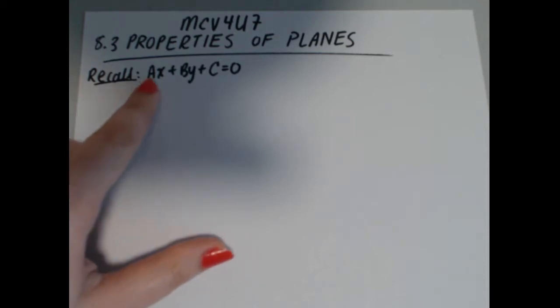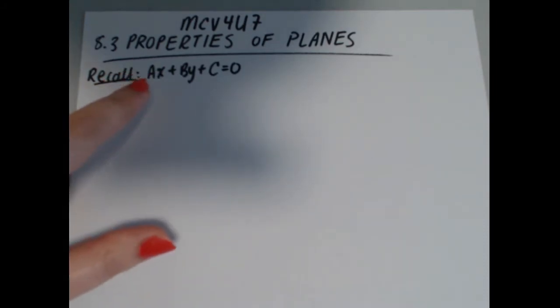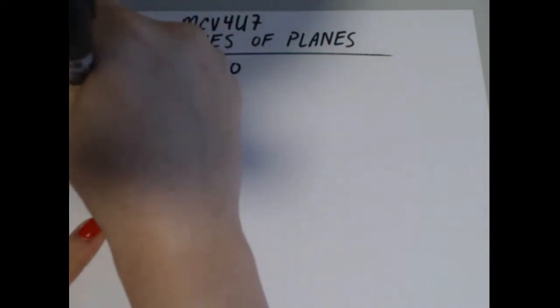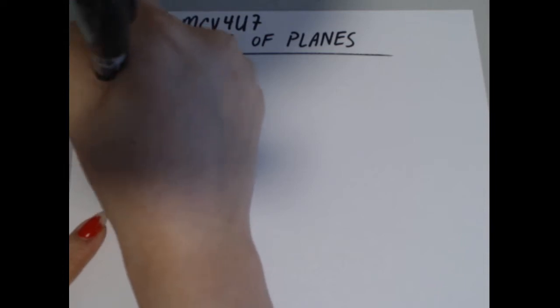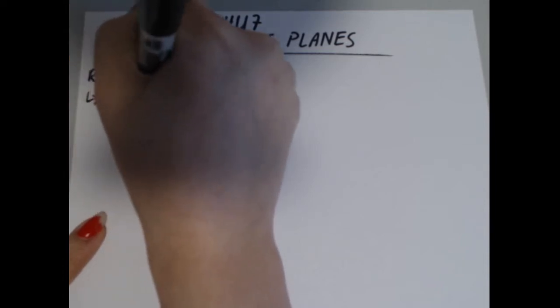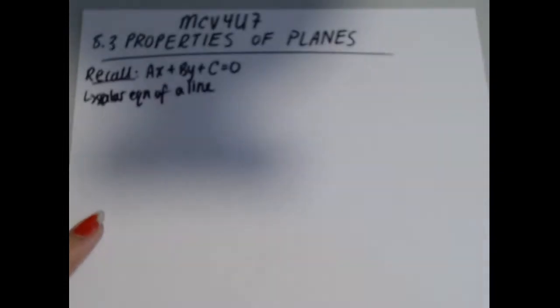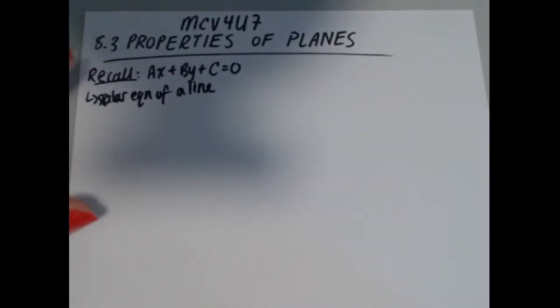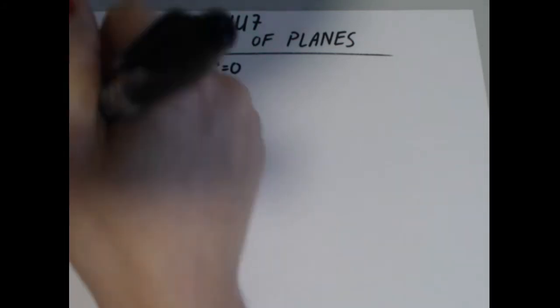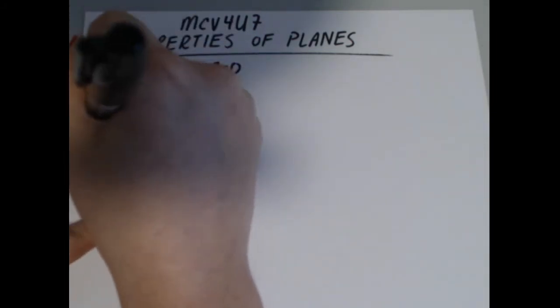So first things first, the equation ax plus by plus c is equal to 0. If we remind ourselves, this here is the scalar equation of a line. So we saw that. We also saw the vector equation of a plane last time, and it looked something like